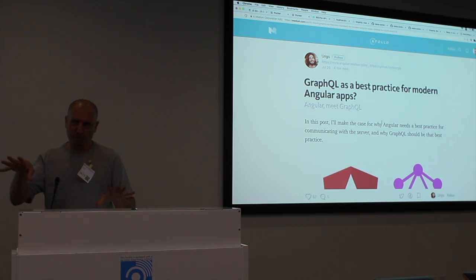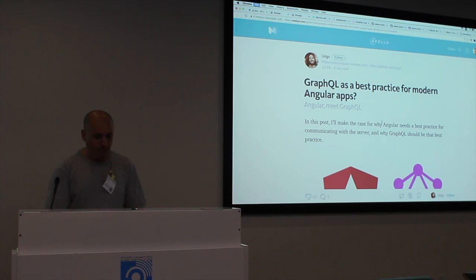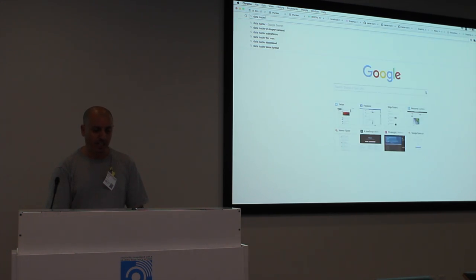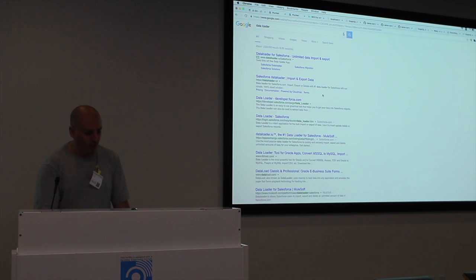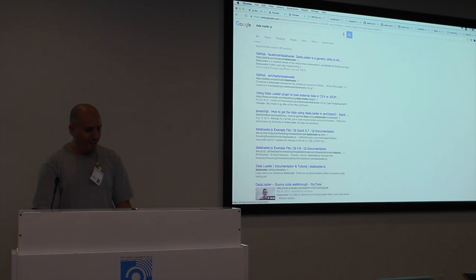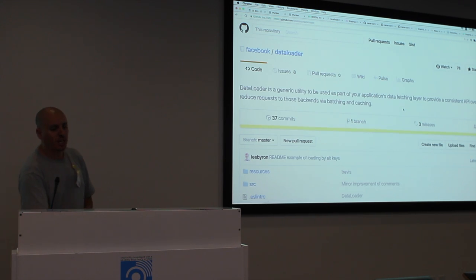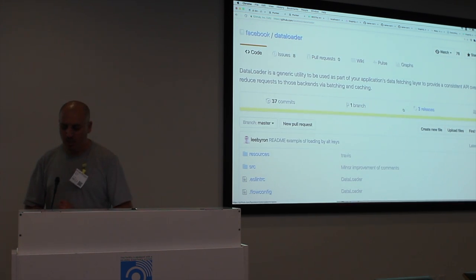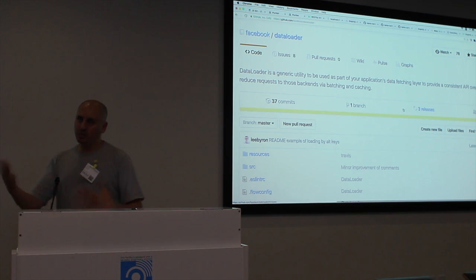Perhaps I'm not the best person to answer that, but as I said, there's this project called DataLoader JS. This is for scaling. It's a project from Facebook, and basically it delays the execution of all your data queries and batches them together.